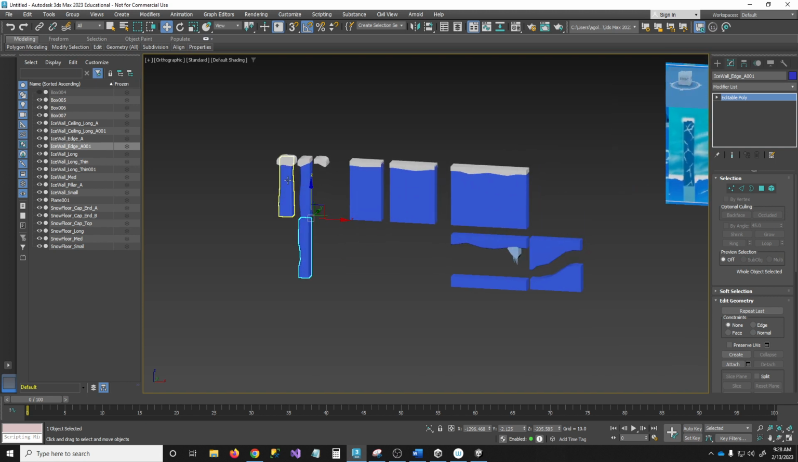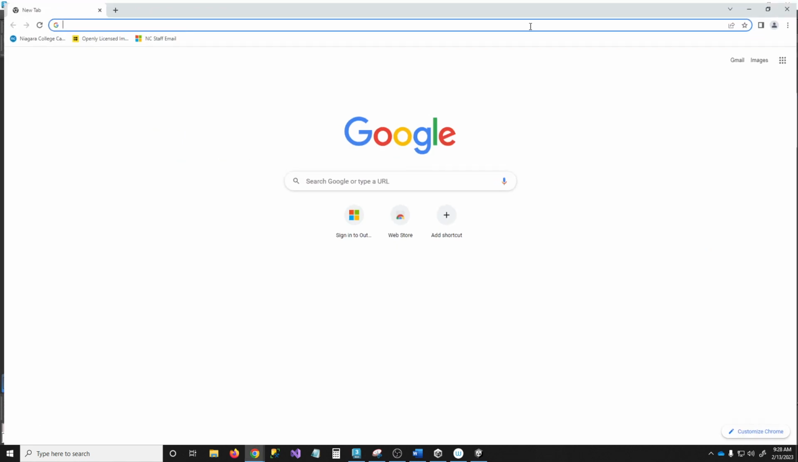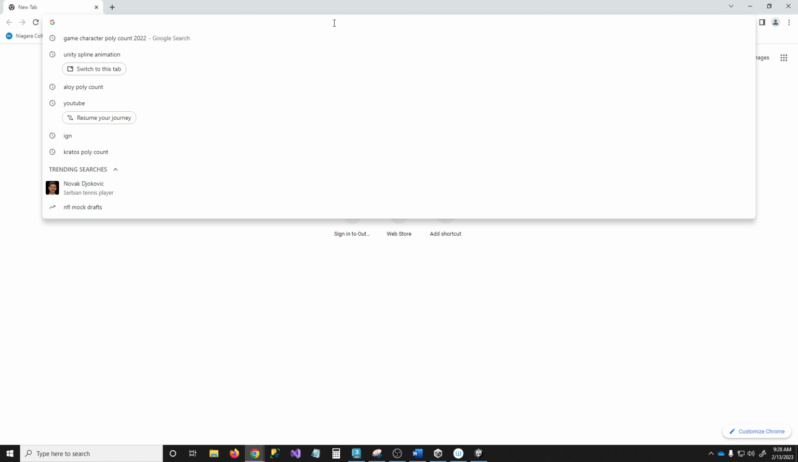And I don't want to go through and go export selected on every single one of these things. So I will actually use one of the,